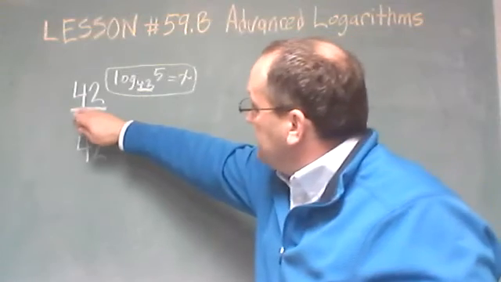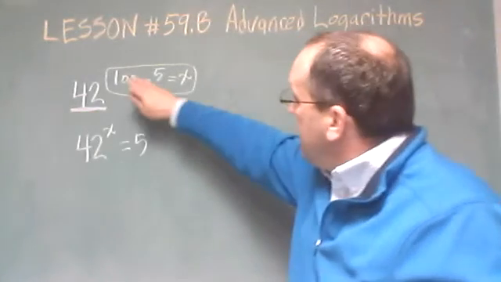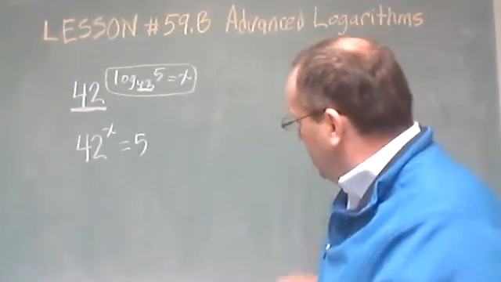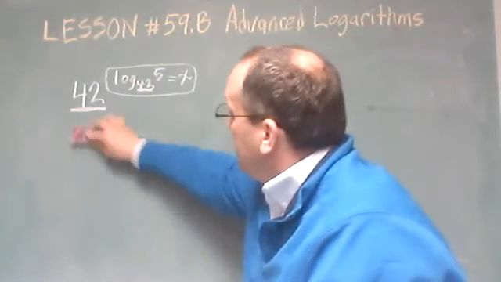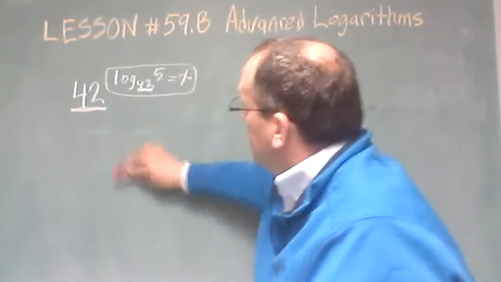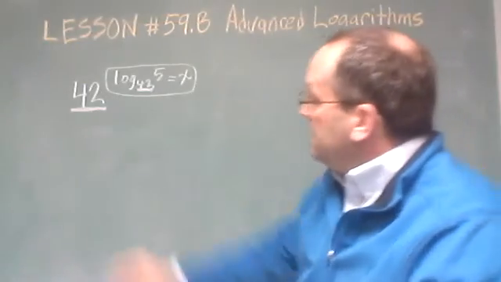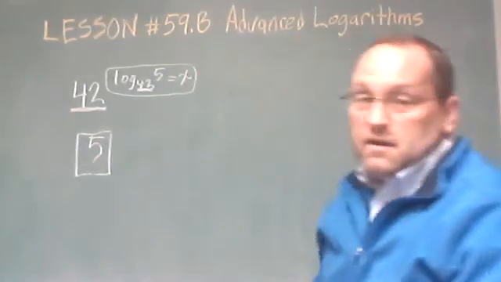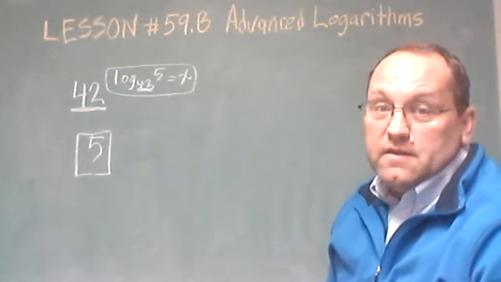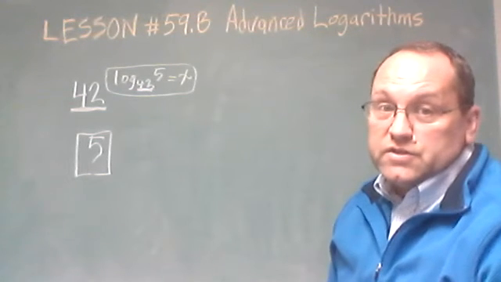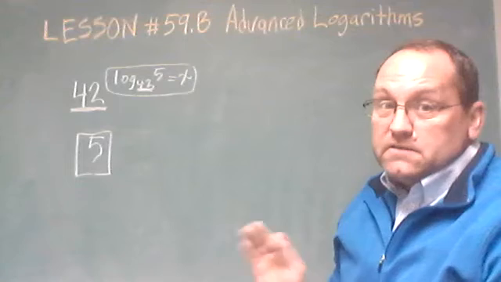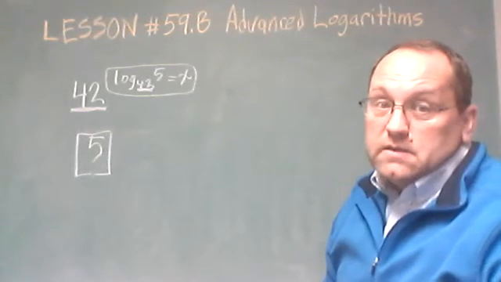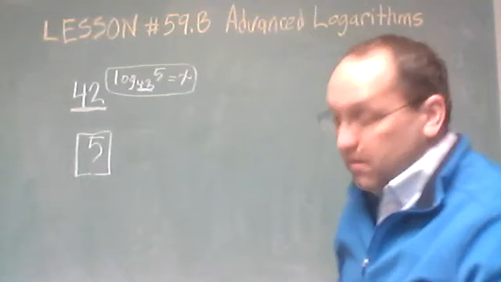If that's the case, and the number here and the base up here in the exponent match, the solution is going to be that argument up there in the logarithmic expression. The solution is going to be 5. The equating is going to be 5. It's going to be the argument, okay? So just keep that in mind. Well, that's going to be our aim to evaluate these kinds of problems. Let's go to the next